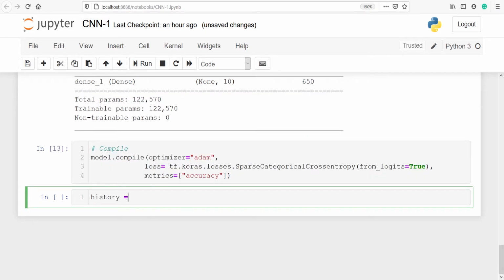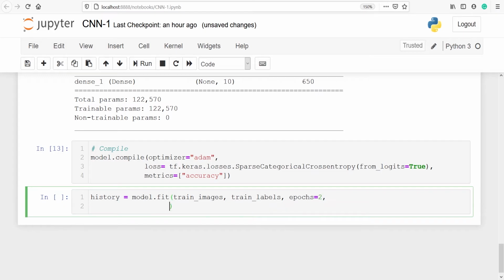Now I'm going to fit the model, and I will use the method fit, model.fit, and I have to pass train images, train labels. I also have to define the number of epochs. It will be 2 because this will take a lot of time if I give epochs to be 5 or 10. So that's why I'm taking 2 here. But you should take at least 10 here. But for the purpose of saving time, I am just taking 2 here.